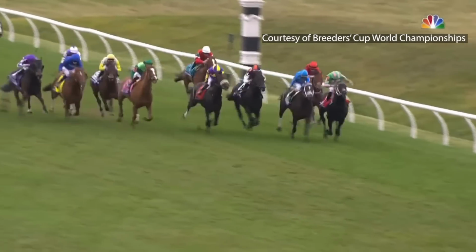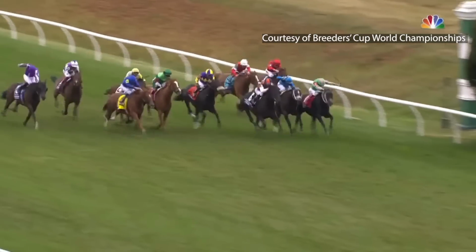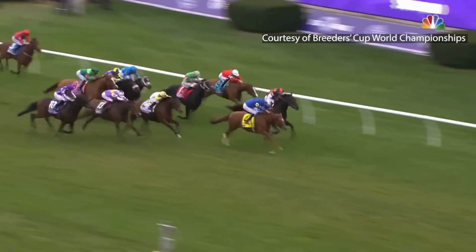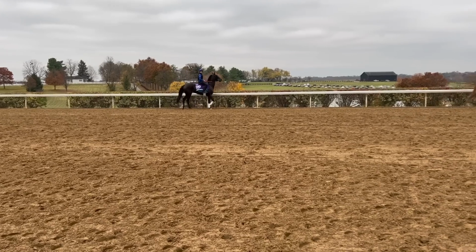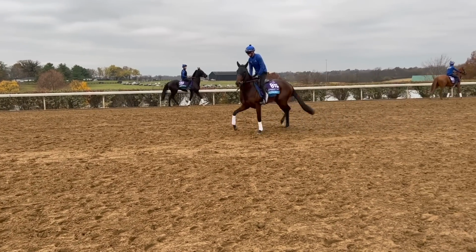We've got Modern Games going in the Turf Mile for Godolphin. The Godolphin and Aidan O'Brien horses we said on Past the Wire TV all week long on the backside. Those two contingents stuck out from all the rest. Modern Games looking for a big race from him. Modern Games storming down the center of the course. Modern Games, a 2-time Breeders' Cup winner. You bet he is. That is Rebels Romance, who in my humble opinion is one